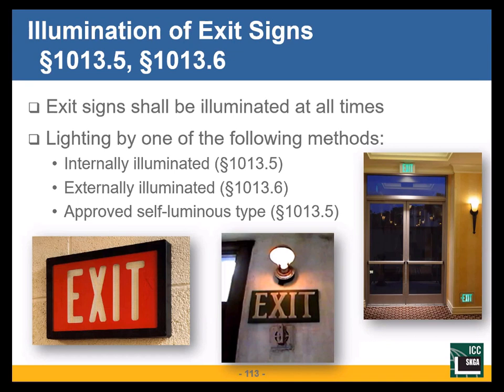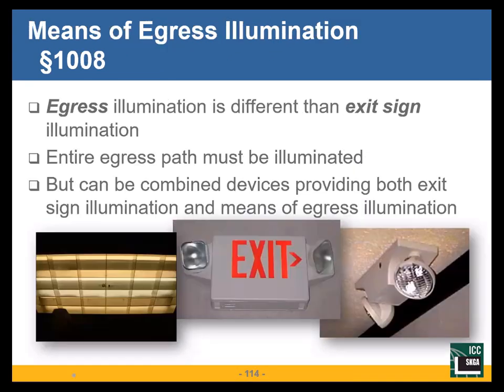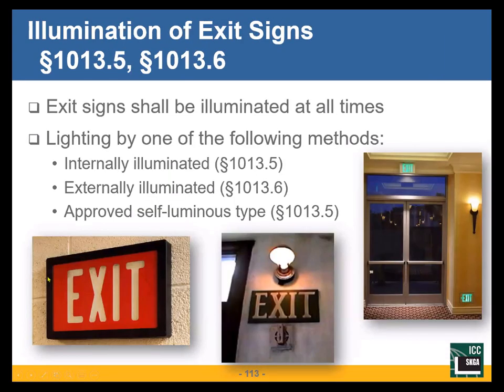So that means either a generator, or I've got an exit sign with a battery backup that's built into it, or I've got a self-luminous type sign. This one here, hopefully you're not seeing in new construction, but I could do this with an emergency generator